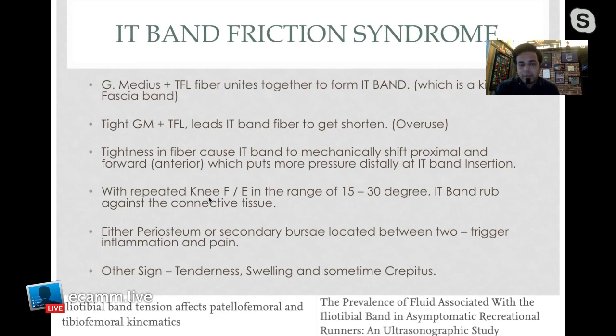But recent MRI and ultrasonography have suggested that there is a secondary bursa between the two structures, which often leads to other signs like tenderness, swelling around the lateral knee component, and sometimes the presence of crepitus in between the two. These are a few research articles which suggest that if you have IT band tightness, it can also lead to a tightness